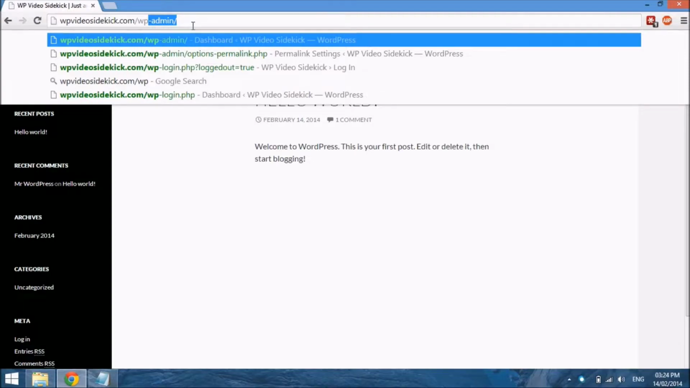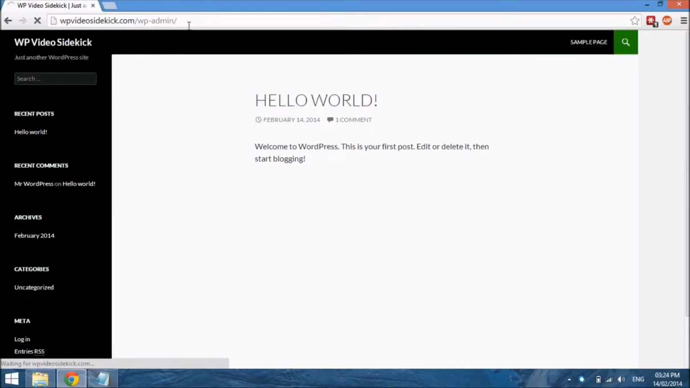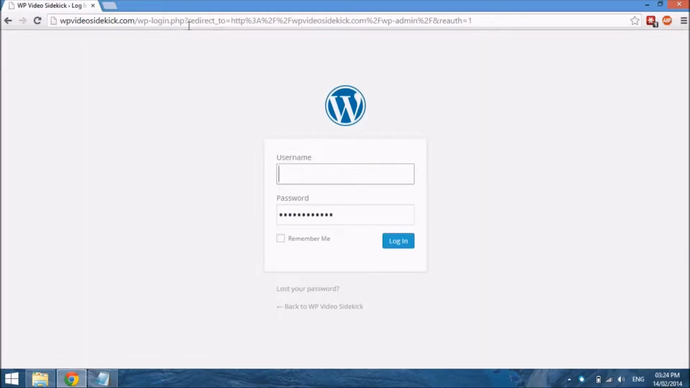To get to our dashboard, we just need to put a / and then wp-admin to our main website address, and then select enter, and it will just take us to a page where we can log in. You would put your username and your password, which you would have created when you were installing WordPress. So if we just select login,